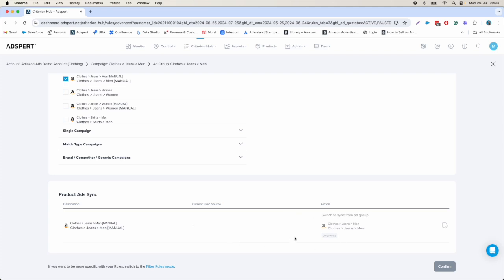And here you can see the current setup. So what happens with the auto manual campaign setup is that you can have Adspert keep those two campaign types in sync, meaning that if you add or remove products in your auto campaign, your manual campaigns can get adjusted automatically. So if you have campaigns that have been created by Adspert, the only mode that you can work with